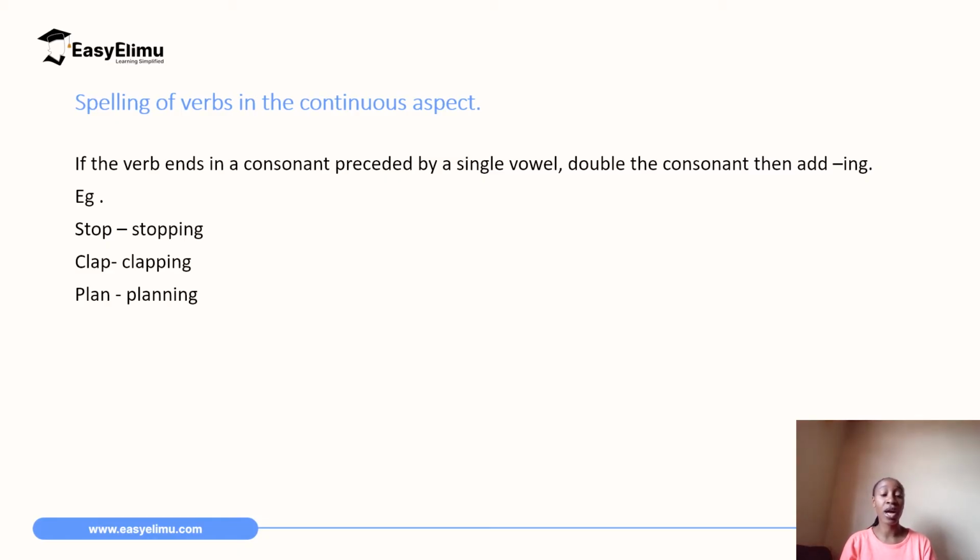Same goes for the word clap. It ends with a P. It is preceded by a single vowel A. So we double the P and add